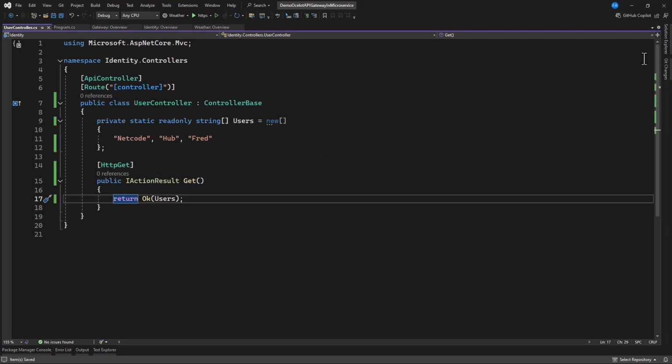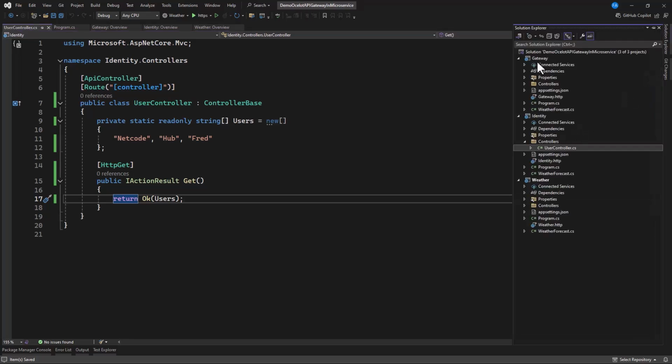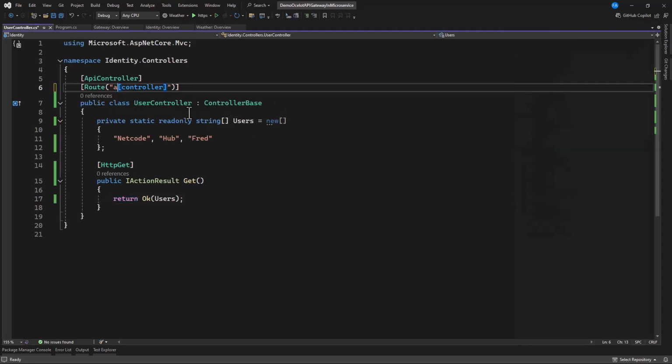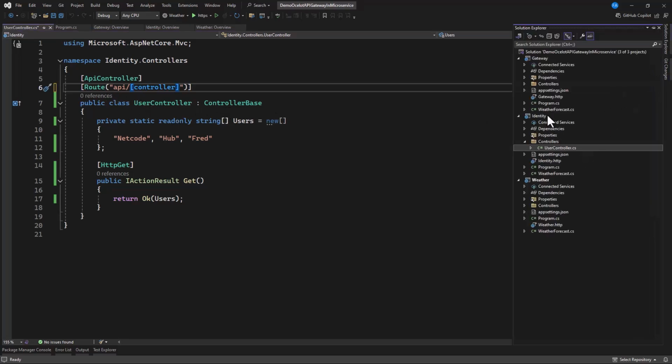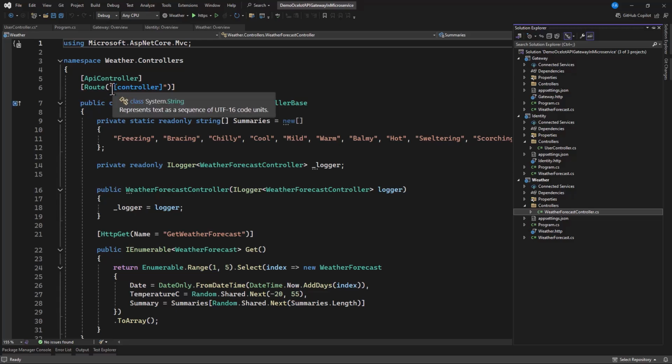Okay, let's go to the next API, and that is the weather. And you know weather is returning weather, right? Here we want to make it API/user. So API/user. When you go to the weather forecast tool, we're going to do the same. So click on yours and I'll follow along.